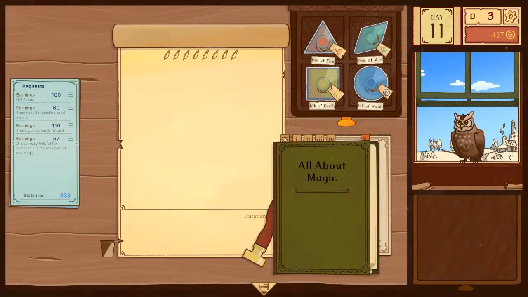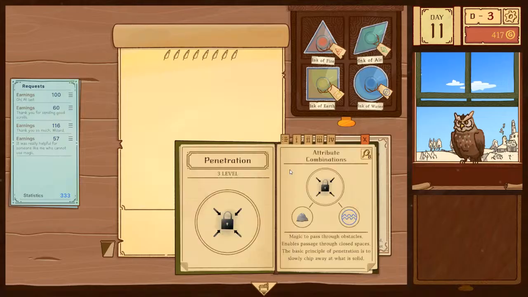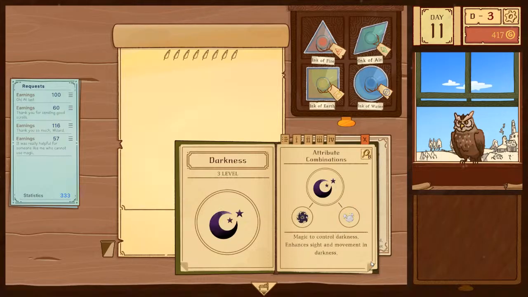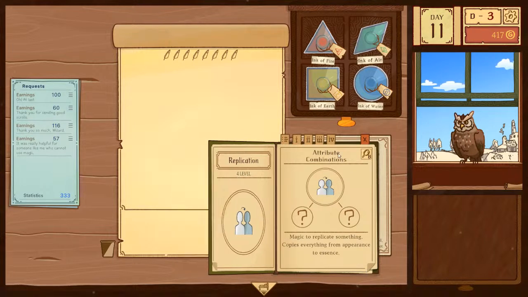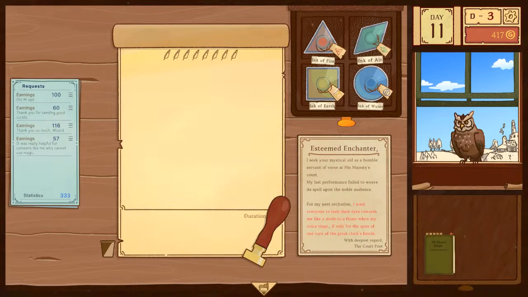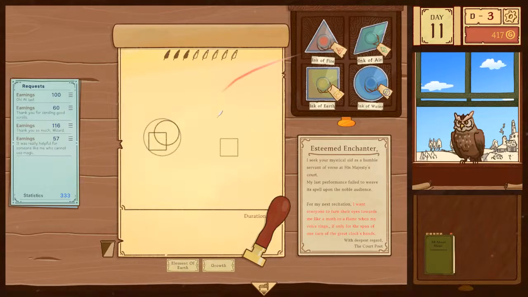Now this is charm. Let's see, what did I do? I have not done light. Charm. Sparks interest and fondness from others. Let's see, charm. Probably needs mind, doesn't it? Oh.